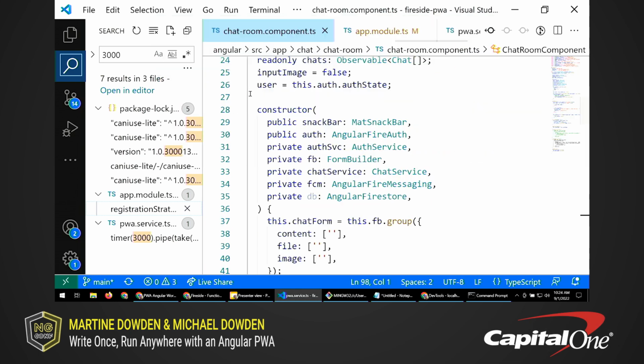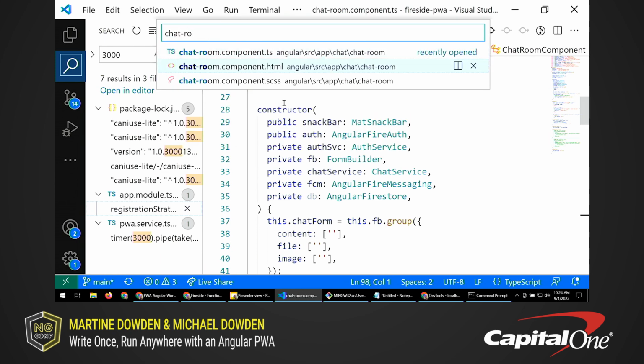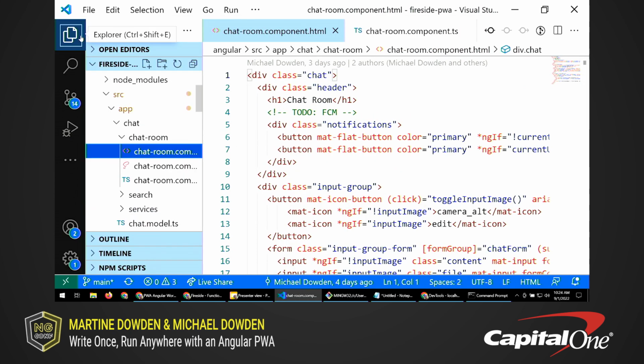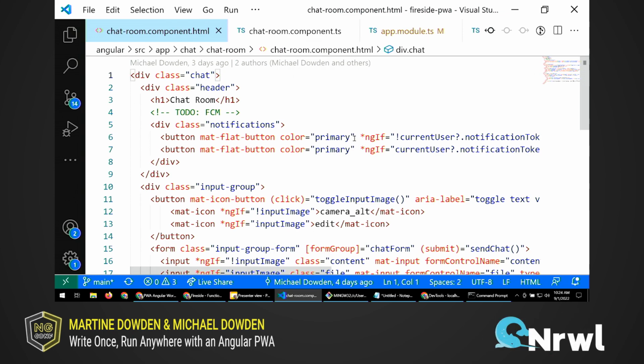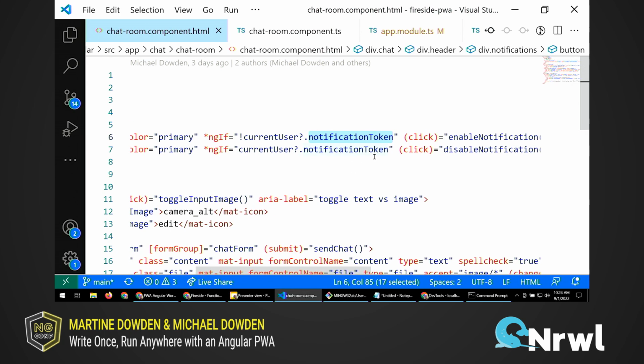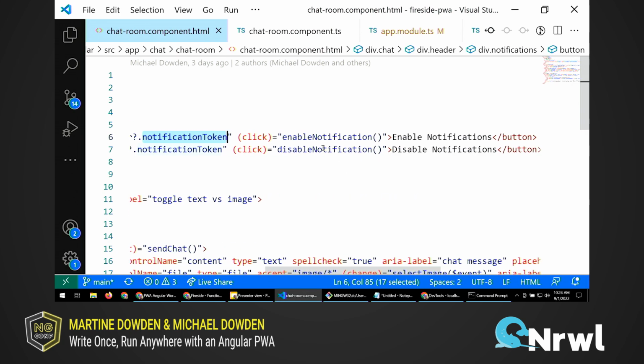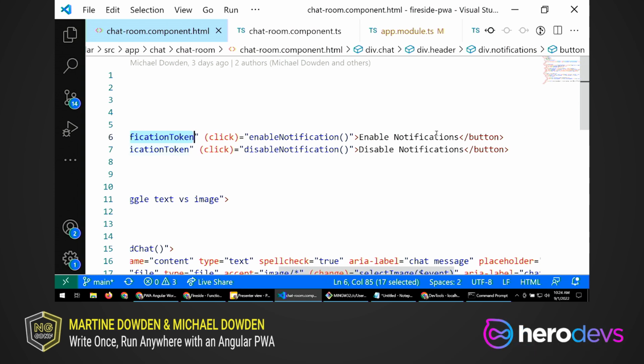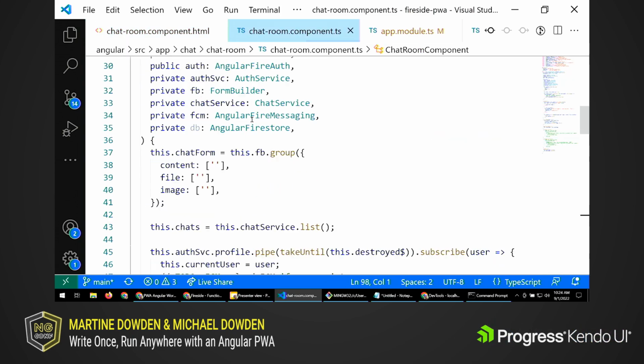So we're doing this inside of the chat room itself. In fact, in the HTML for the chat room, we have created two buttons. We're hiding and displaying them based upon whether or not we currently have a notification token already recorded for that user. And there's an enable notifications button, which calls that function, and a disable notifications button, which calls that function. And what they do